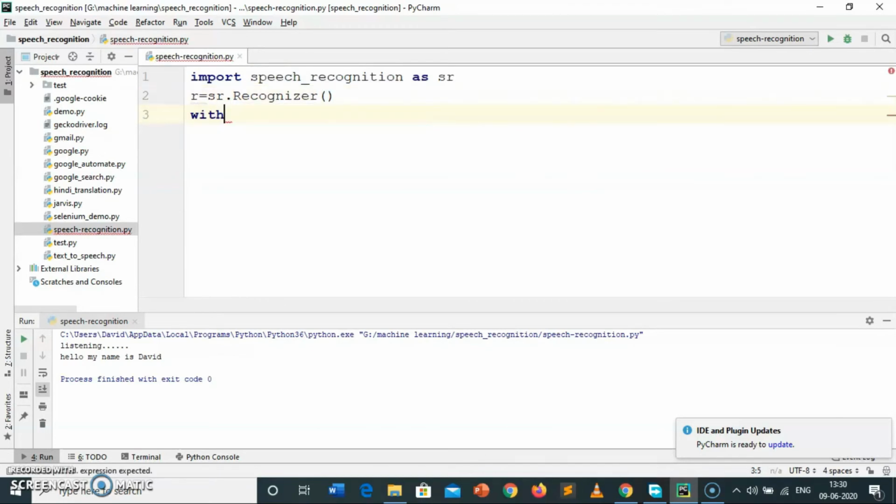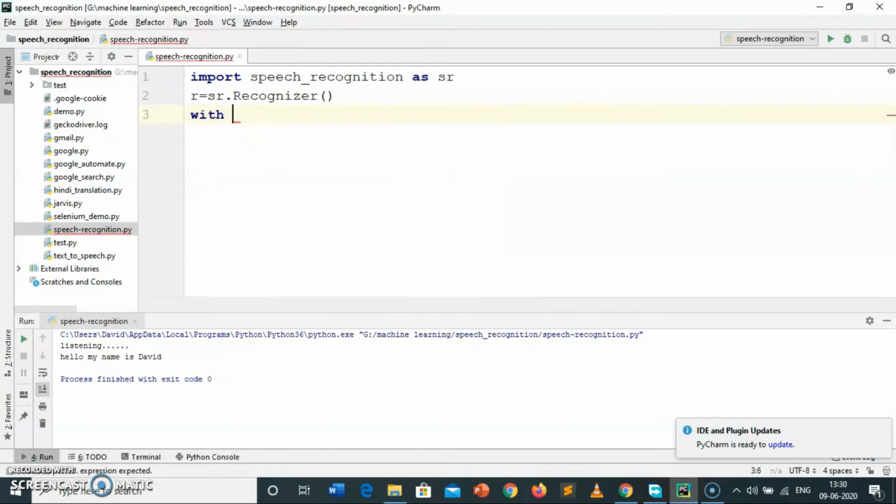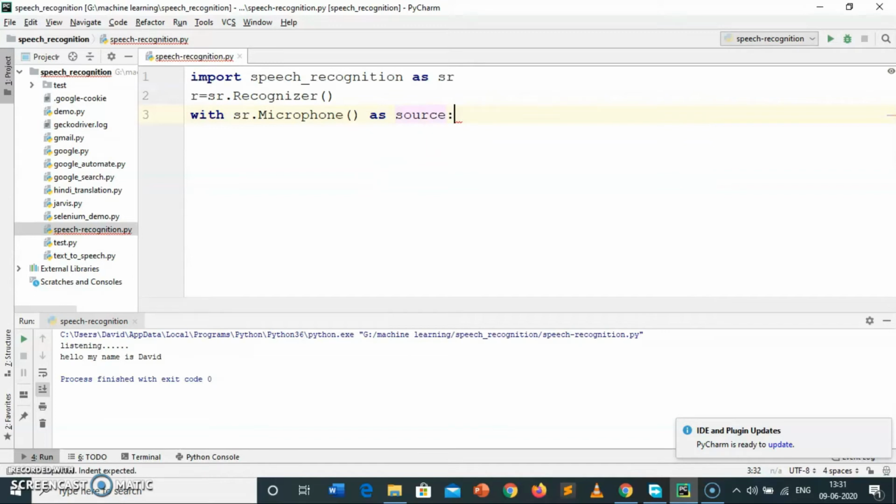Now with sr.Microphone as source. Here we are going to take the input sound from our microphone, so we have to use sr.Microphone.